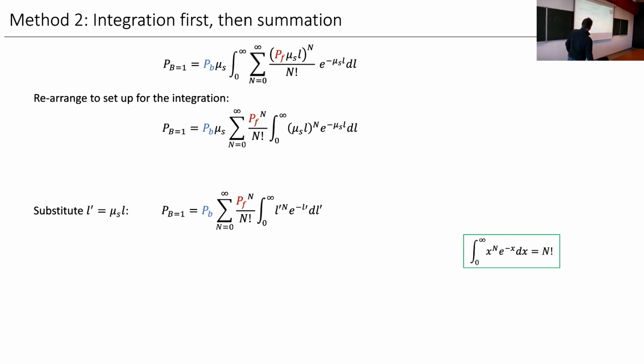So we can use that to substitute back and the factorials drop out, and we get this. This is actually also quite a nice result in the sense that